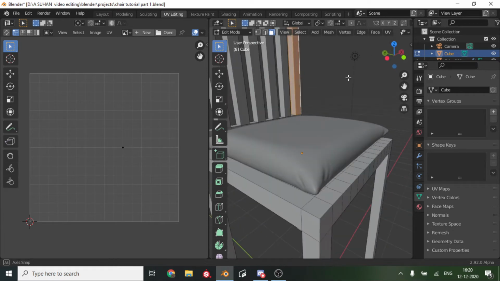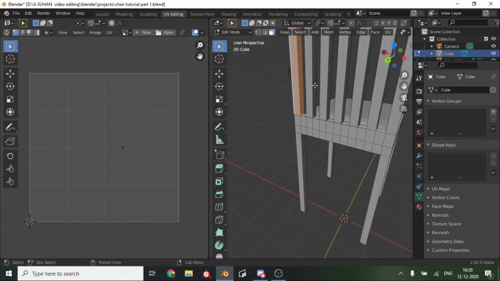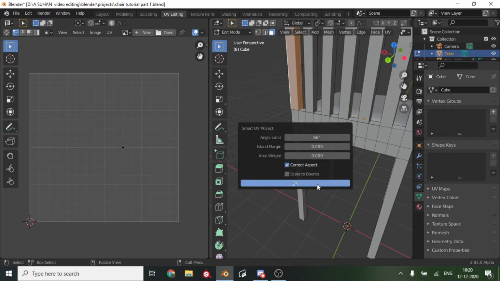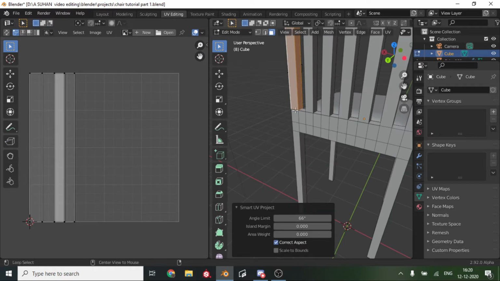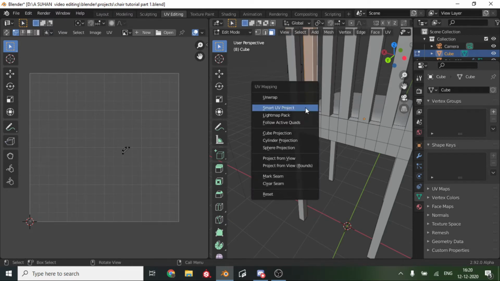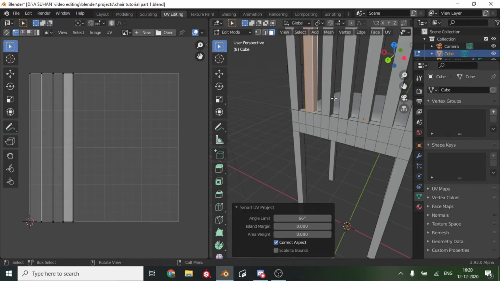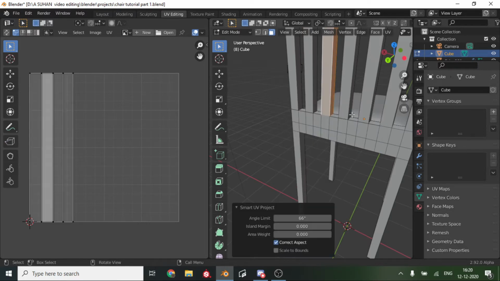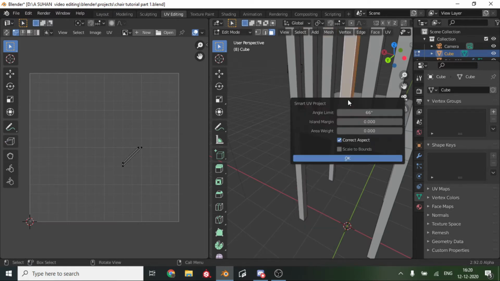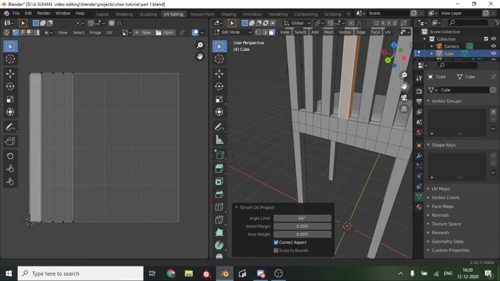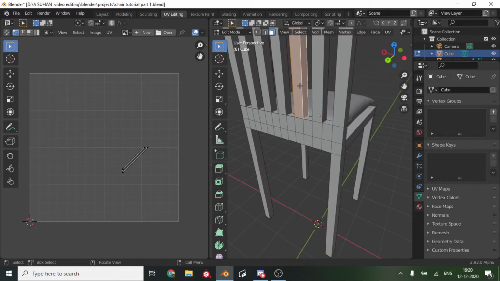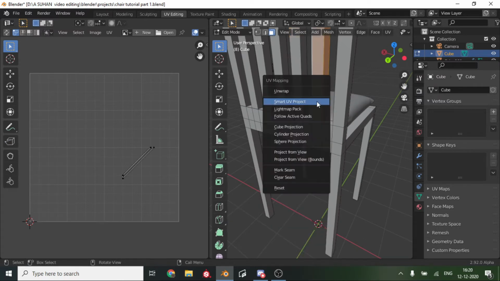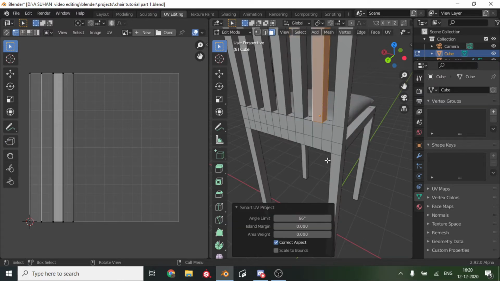So we can use Alt to select a whole pillar, and U, smart UV project and do it. So we want to just do it all. It's really easy. U, smart UV project.